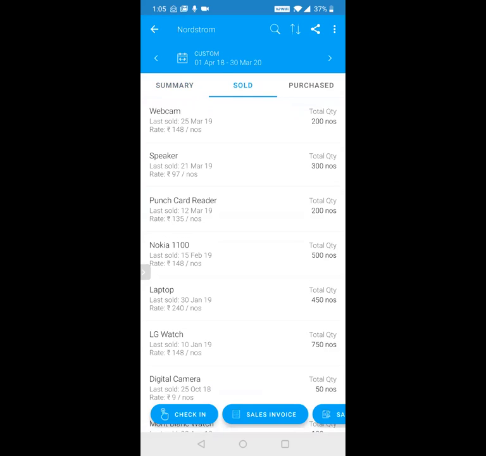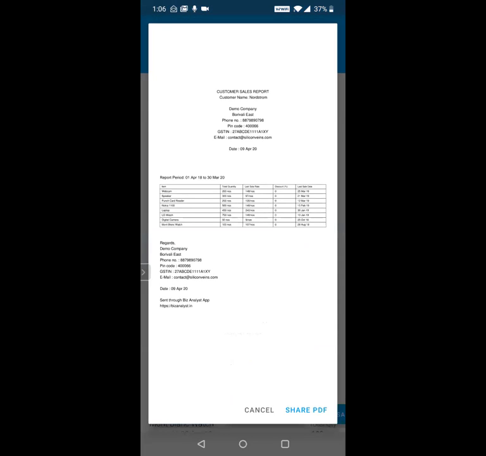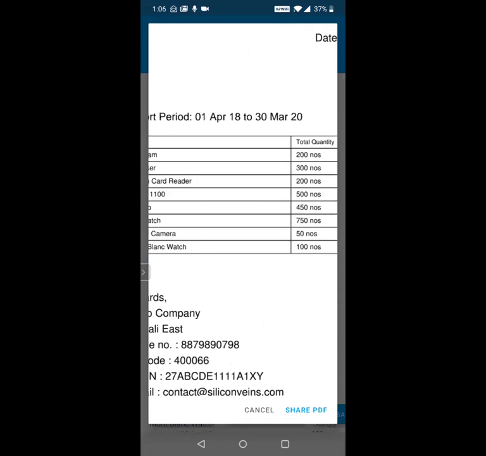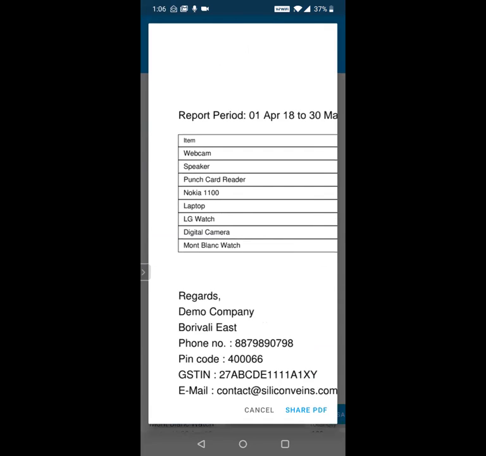Okay, so let's say if my outstanding was 0, but I want to start the business again with this customer, the first thing I can do is share a report from here, which will mention all the items that that customer has purchased in the past. See, if a salesperson is going to call, what is he going to talk about? He will have to talk about, sir, these are the items that you used to buy from us.